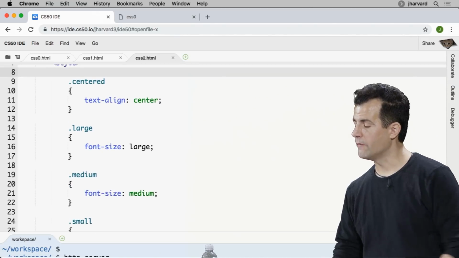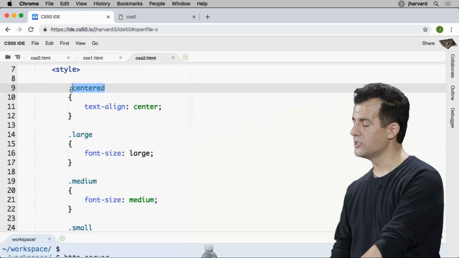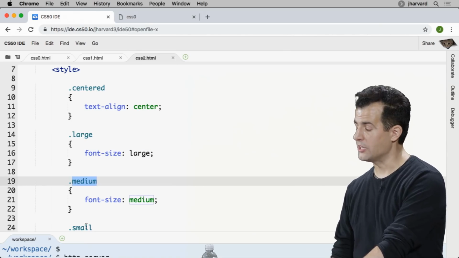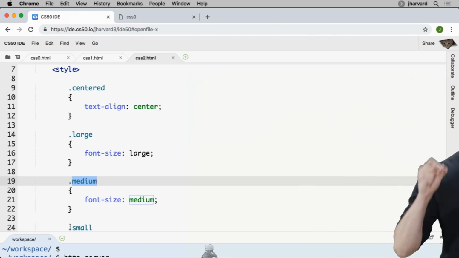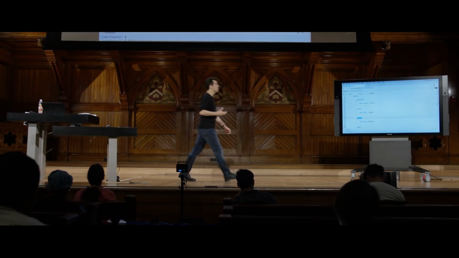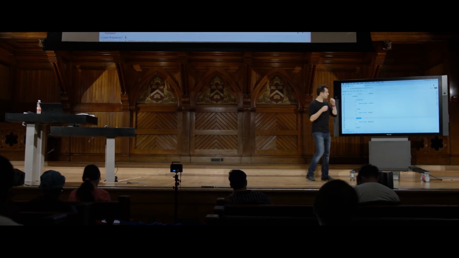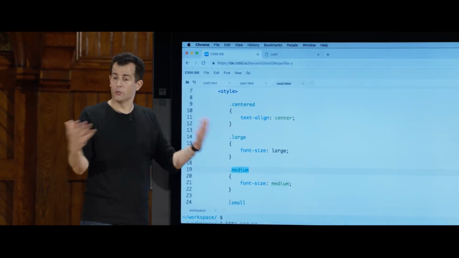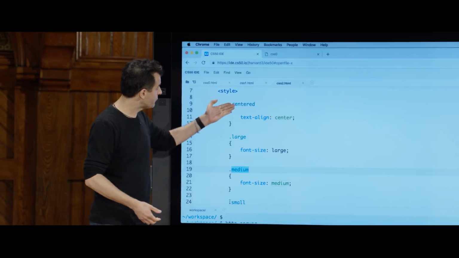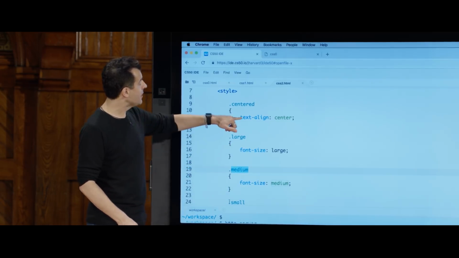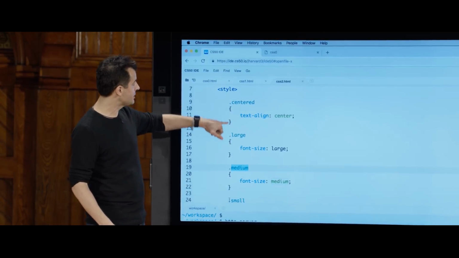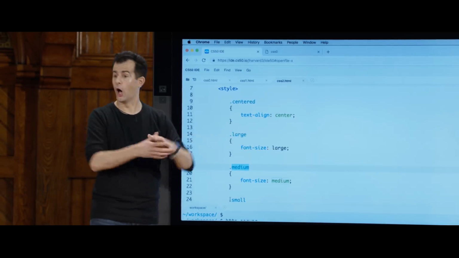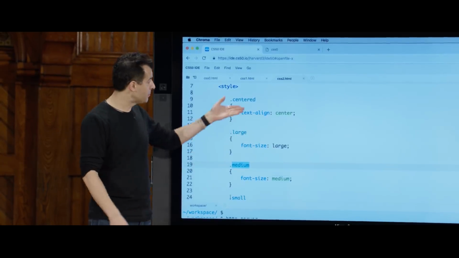Notice here that I've literally written the word centered with a dot in front of it, the word large with a dot in front of it, the word medium with a dot, small with a dot. Those define classes. So CSS lets you define your own collections of configuration properties, and you can give them names, just so it's a little more descriptive and user-friendly. So you can define class, class, class, class, and then inside the curly braces, which I've lined up here, just like in C, you can have 1 property, 2 properties, 100 properties,